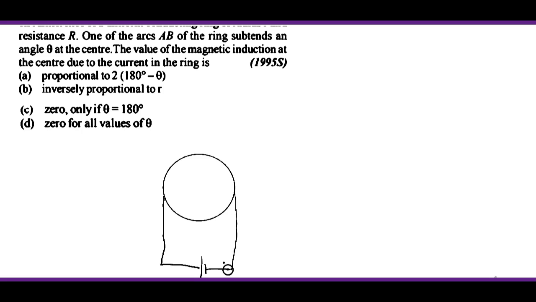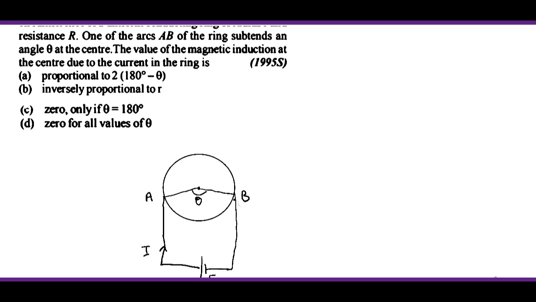ये हमारा हो गया, इसको बैटरी से कनेक्ट कर दिया गया। बैटरी की वोल्टेज हमने E मान ली, और इसमें I करंट फ्लो कर रही है। अब सेंटर से बोला है कि ये जो पॉइंट है, ये हमारा सेंटर पॉइंट हो गया। ये एंगल उसने बोल रखा है कि ये थीटा है।